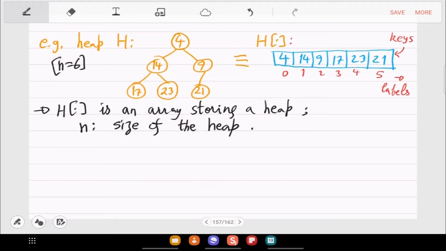So in the implementation, you have to maintain an arbitrary length or unknown length array, and together with that, you have to also store a variable n, which tells you the length of the array, which tells you the size of the heap. So that you know that you only have to worry from 0 to n minus 1, and not beyond. So h is a dynamically allocated array, and n is the length that you want to work with in this heap. These are the two things you need for implementing a heap as an array.